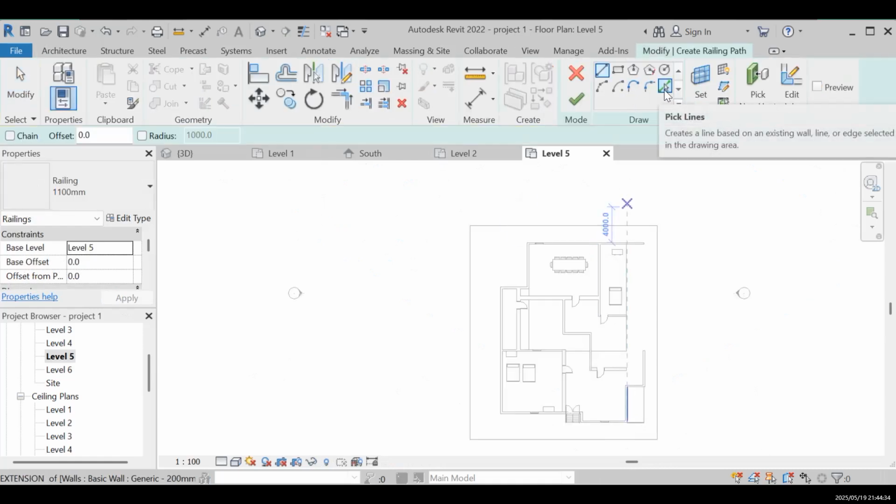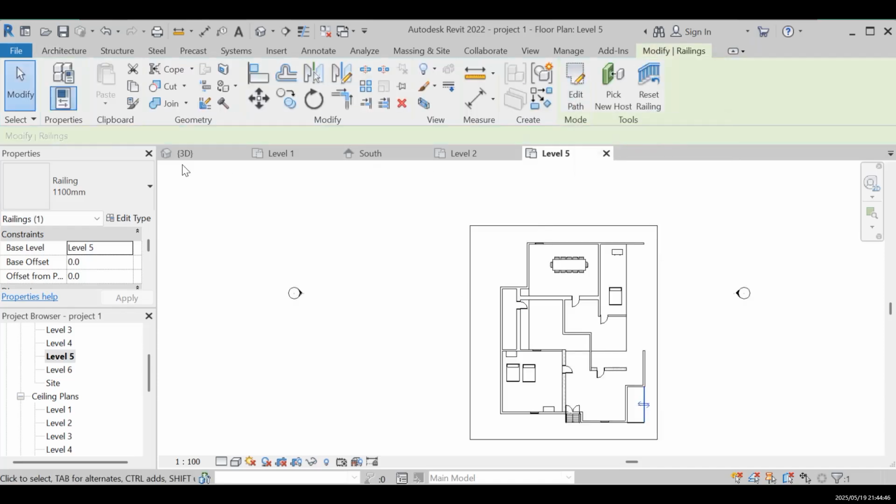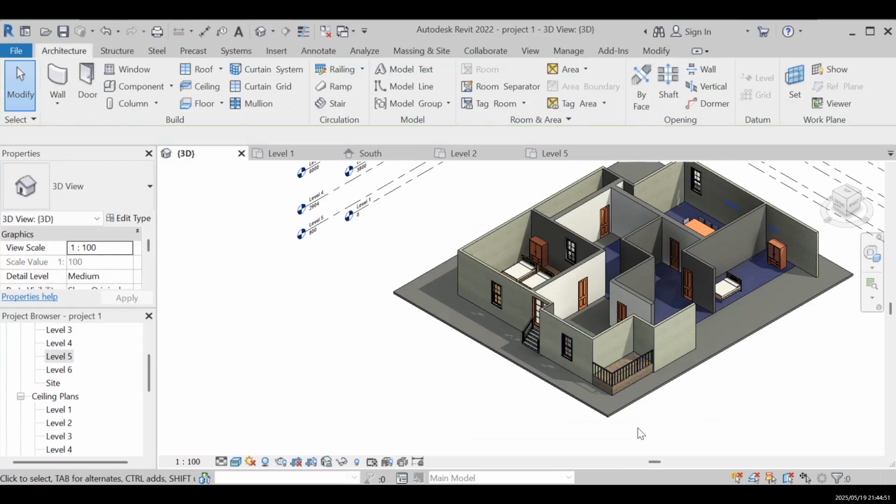I'm gonna click on pick lines. Then I'm gonna pick this line, and the base level should be fifth level. Then from that on, I'm gonna just click enter. And if you go on 3D view, you must see, right, we have our balcony, but the balcony with that